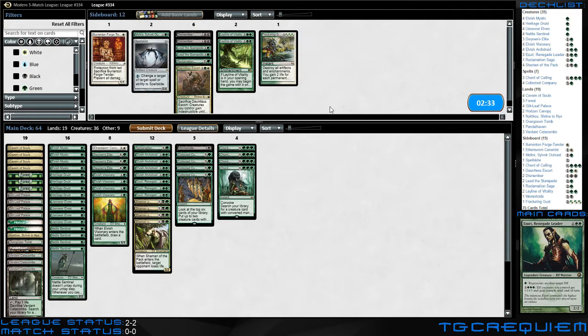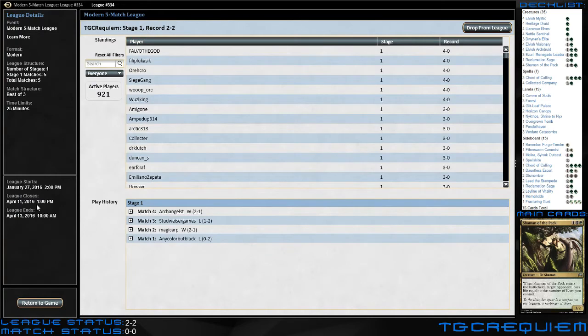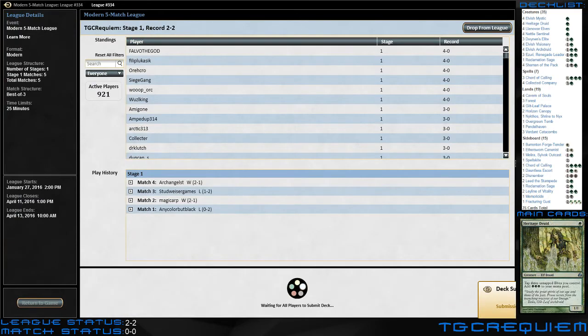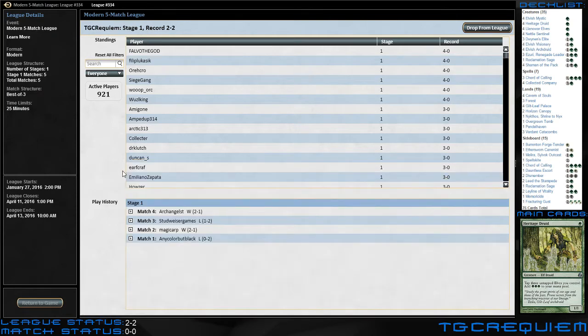I don't even know that Aethersworn Canoness is gonna do anything here. I don't think Reclamation Sage is necessarily necessary. Visionary seems slow. We'll see. So, yeah, we don't see this deck very often. This might be the first time I have ever played against Protean Hulk. I've seen it on coverage, but